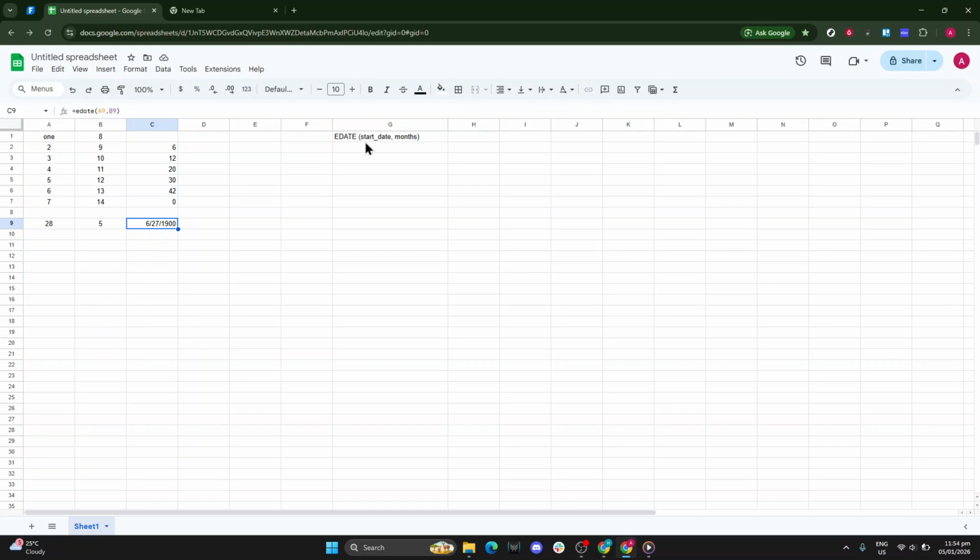That's all there is to it. Type EDATE, click the date box, click the months box, and let the function do the calendar math for you. It's a reliable way to keep schedules accurate, manage renewals,